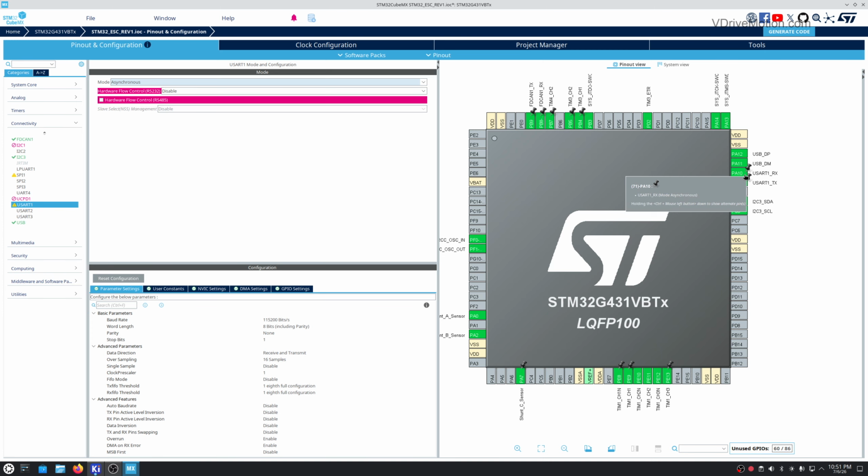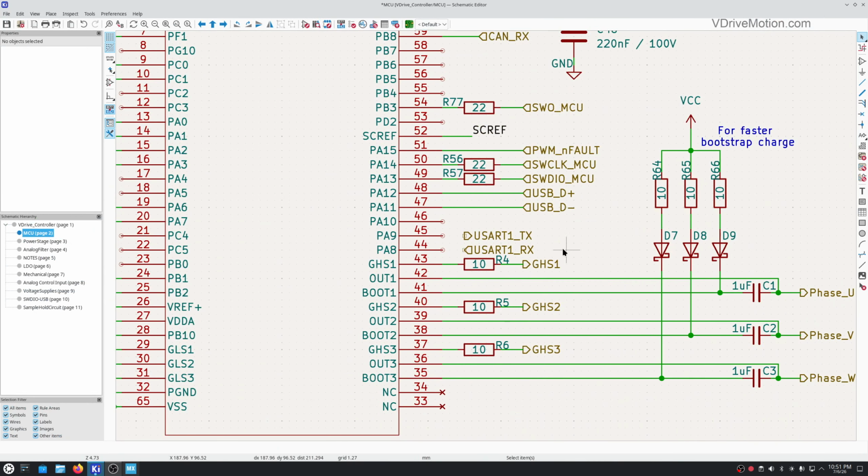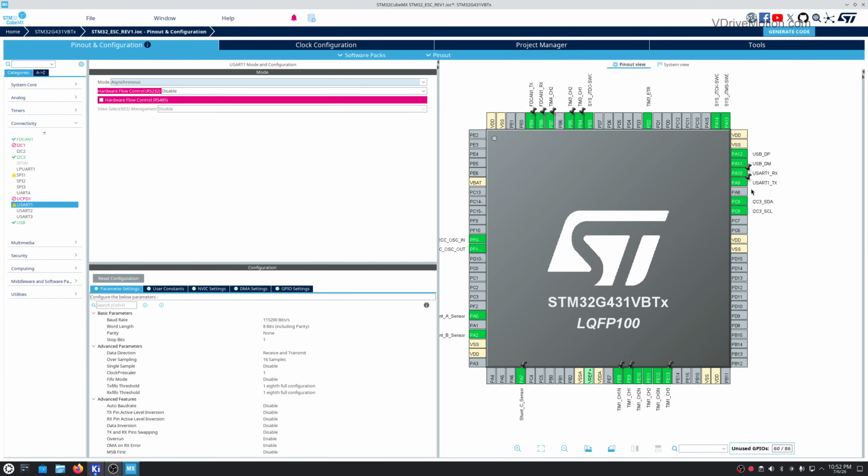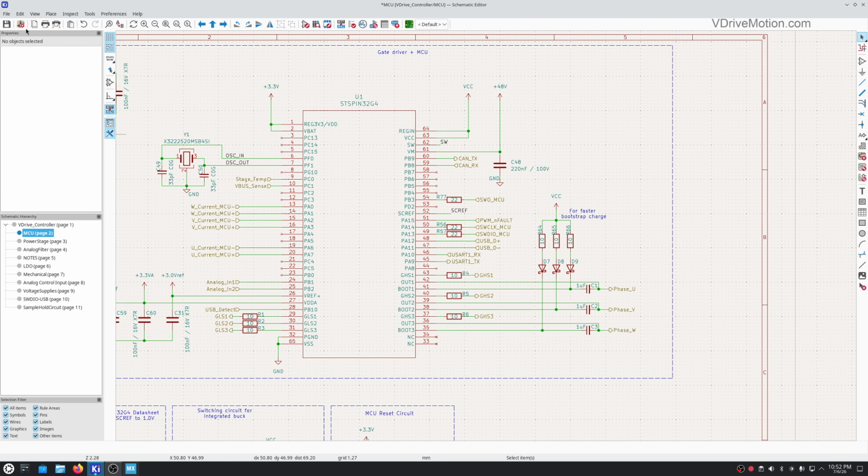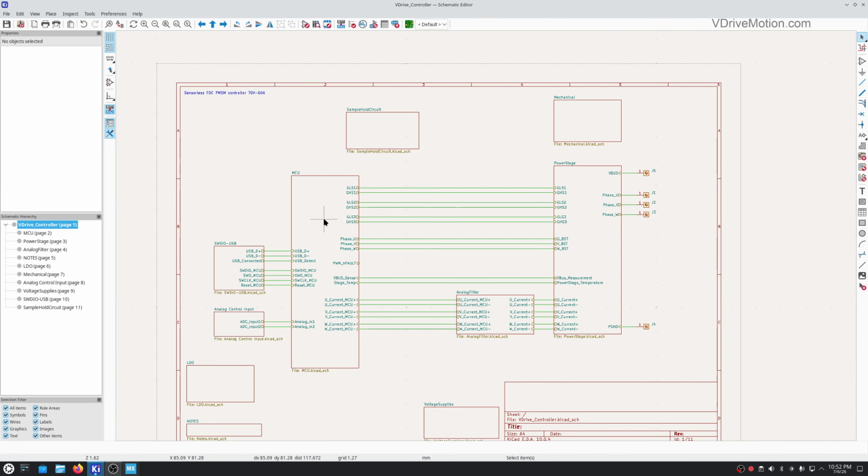So PA10 is RX. So it should be here. And we can draw these lines here. I will double check this PA9. So it's, yes, this TX. And we can save this, and we can go here